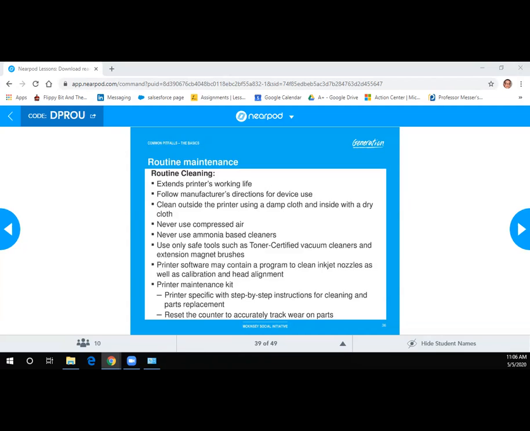Questions or doubts? Never use compressed air. You'd be surprised how many people do that. Don't use compressed air. That's going to have ink in there, right? The only ones that maybe you can use compressed air in are the ones with the ribbon, right? Because now I take out the ribbon, I make sure everything's out, and since the impact printers, we said it has those multi-part forms with the little holes,